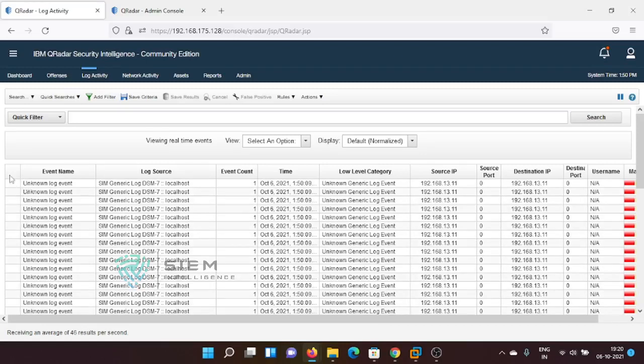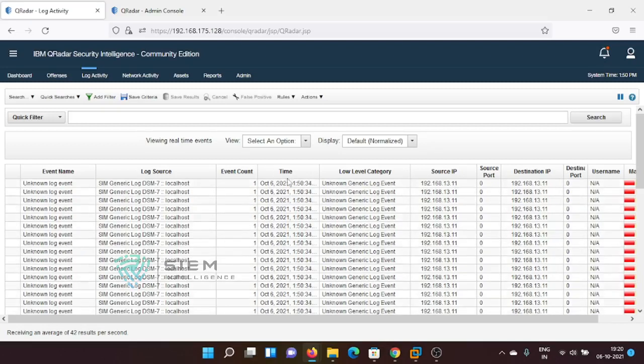But if you see over here, there is a blank. If you do grouping, for example if I want to check all source IPs as my group, or if there are different sets of IPs, one will be shown over here and the number of events will be shown here. I can also do an event group, a log source group, and a time group.